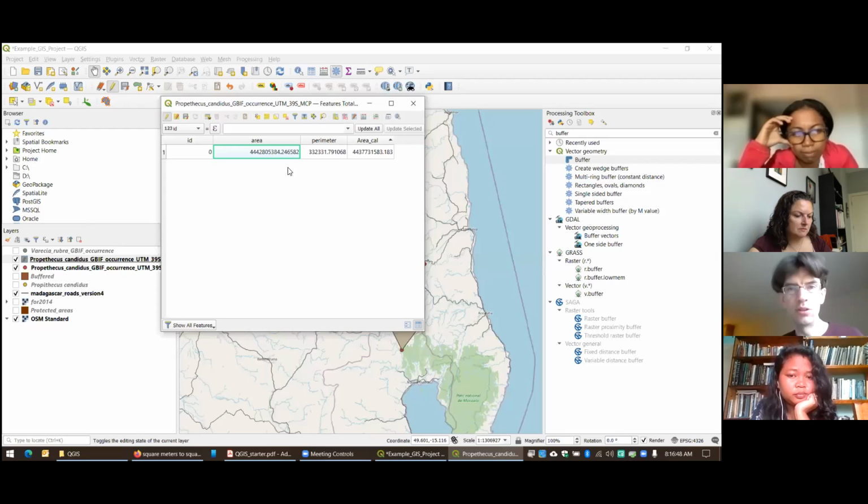That actually is concerning to me. I have not received an explanation as to why this is occurring, and so that's something I need to investigate further. But this gives you at least a rough estimate of what the area is for that polygon.